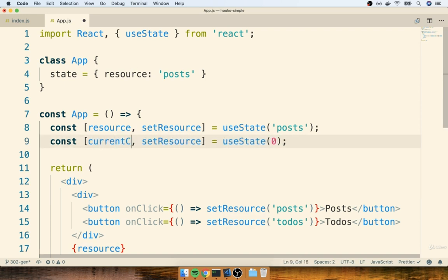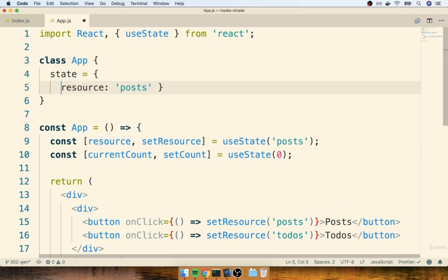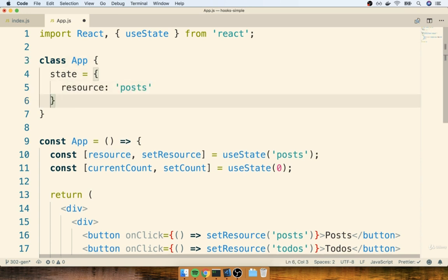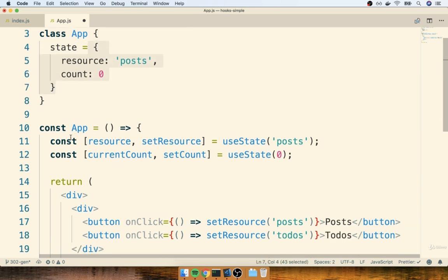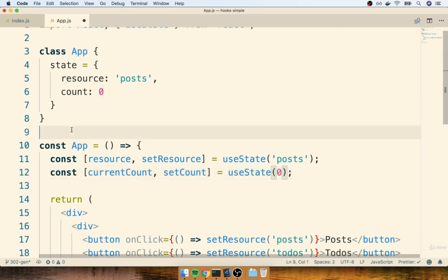We would have our current count, and we could have our set count like so as well. If we were doing this with a class-based component, we would instead have my resource property, and I also want to have some count property that starts off as 0 as well. So again, inside of a class-based component, we've got an object-based state. Inside of a functional component, we have these individual values instead.